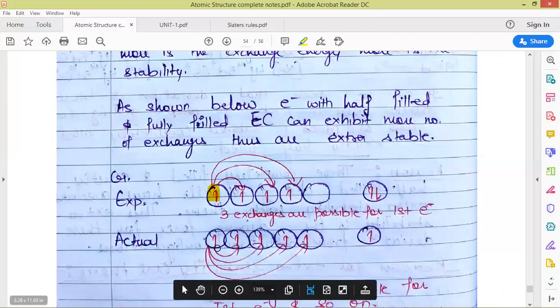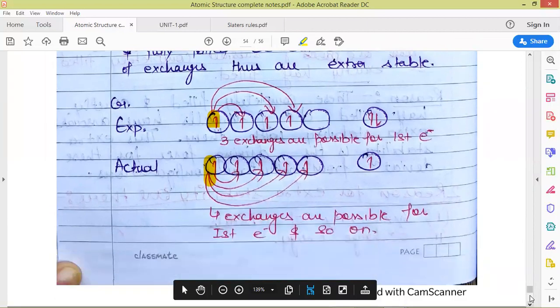But in case of the actual configuration, this electron can undergo 4 exchanges. So here the number of exchanges is more in comparison to this. Based upon these, the more the number of exchanges, the more the energy will be released and the more the stability which will be acquired by this